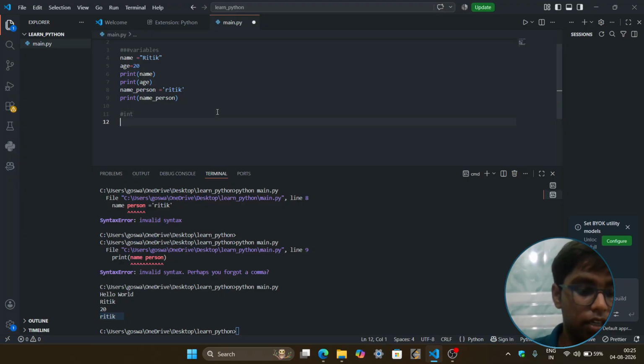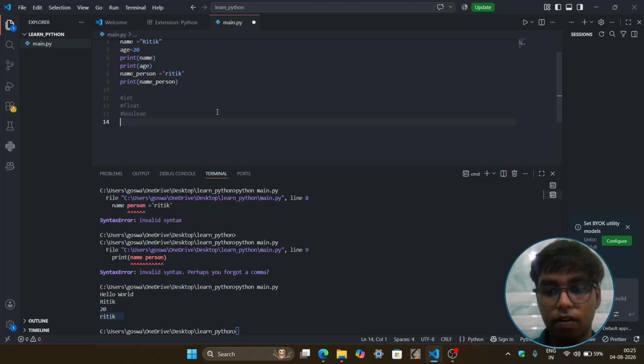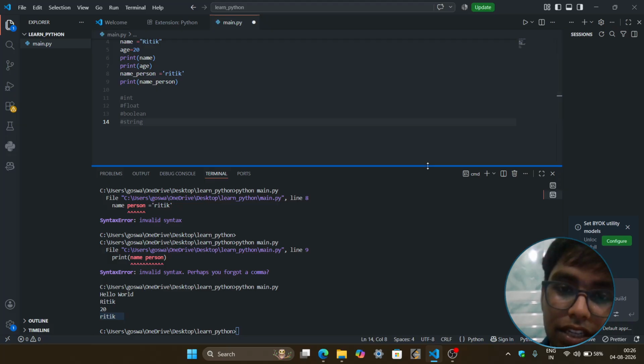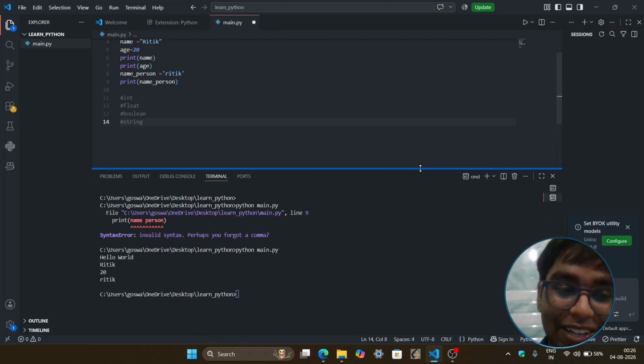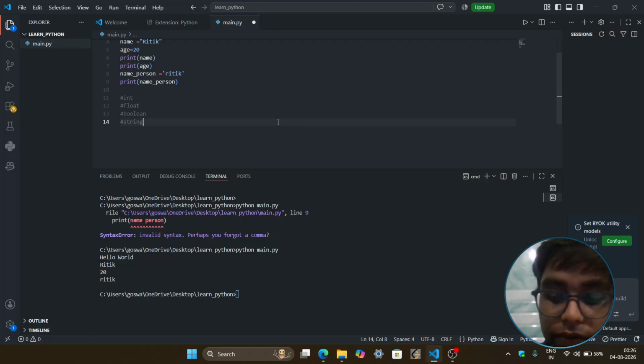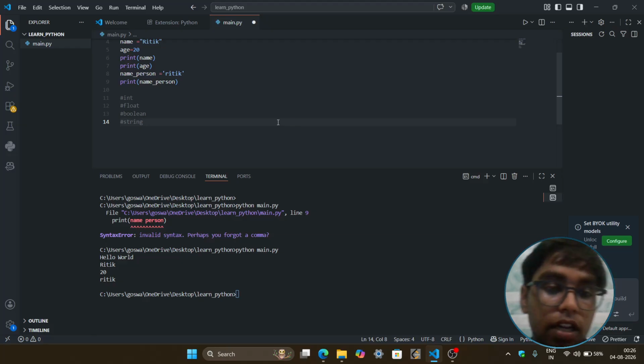First is int, second is float, third is boolean, and the fourth is string. We are going to see these 4 fundamental data types. I was just confused with C++.